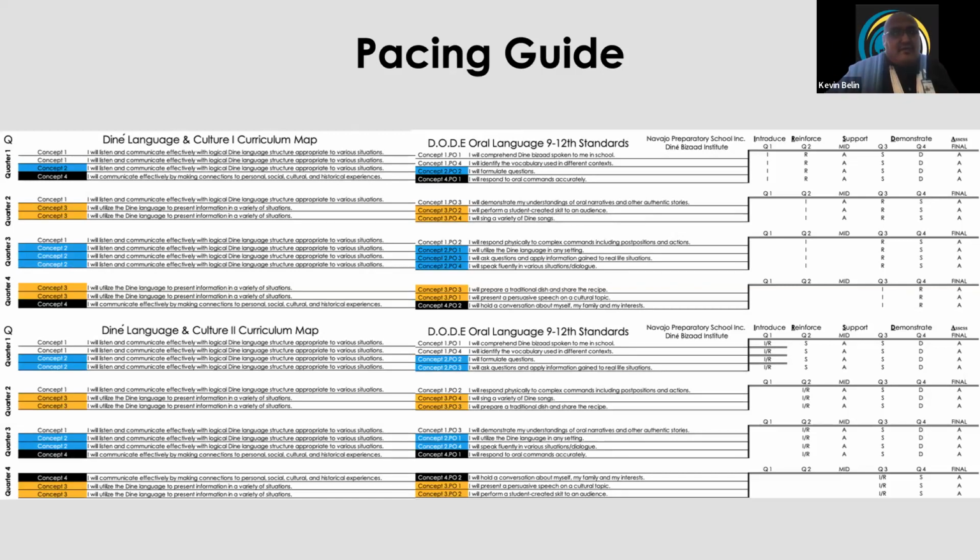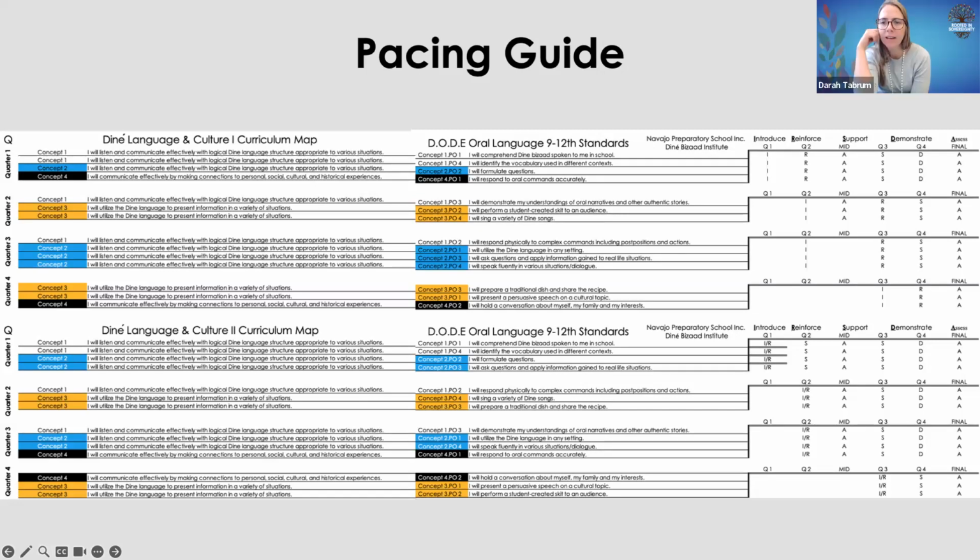And so there was a lot of taking this puzzle, I'm going to use the analogy, this 5,000 piece puzzle, and they're all shades of black, gray, and white, and having to try and put that in an order to where it made sense for us as teachers, that would be the best possible strategy for our students to learn Navajo. Next slide. And if I can add in,